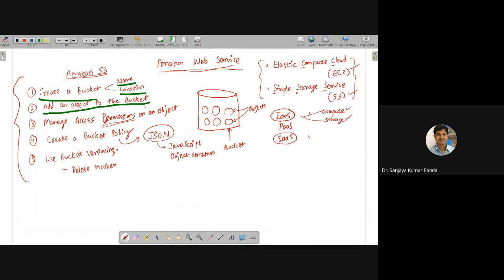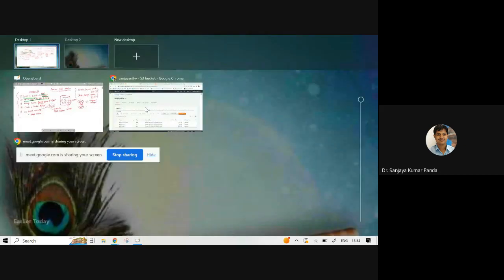Now we'll see how to provide permissions to these objects, because permission is important. With this permission, you can say somebody can access your object. The primary objective is to give access to the people who actually want this particular information or these objects, right? Suppose I want to share some study material. The study material I'll upload in Amazon S3, and you can extract it by clicking a particular URL. So before going to this permission, see how to access a particular object.